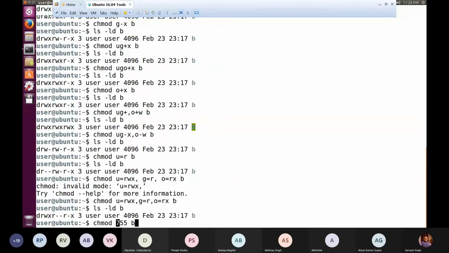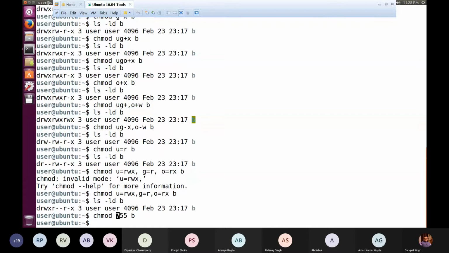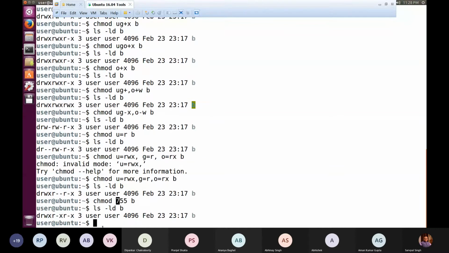So now if we give chmod 755 to B, look at the rights of B. It is RWX, because we mentioned 7. Then R minus X, since we mentioned 5. And similarly R minus X, since we mentioned 5.